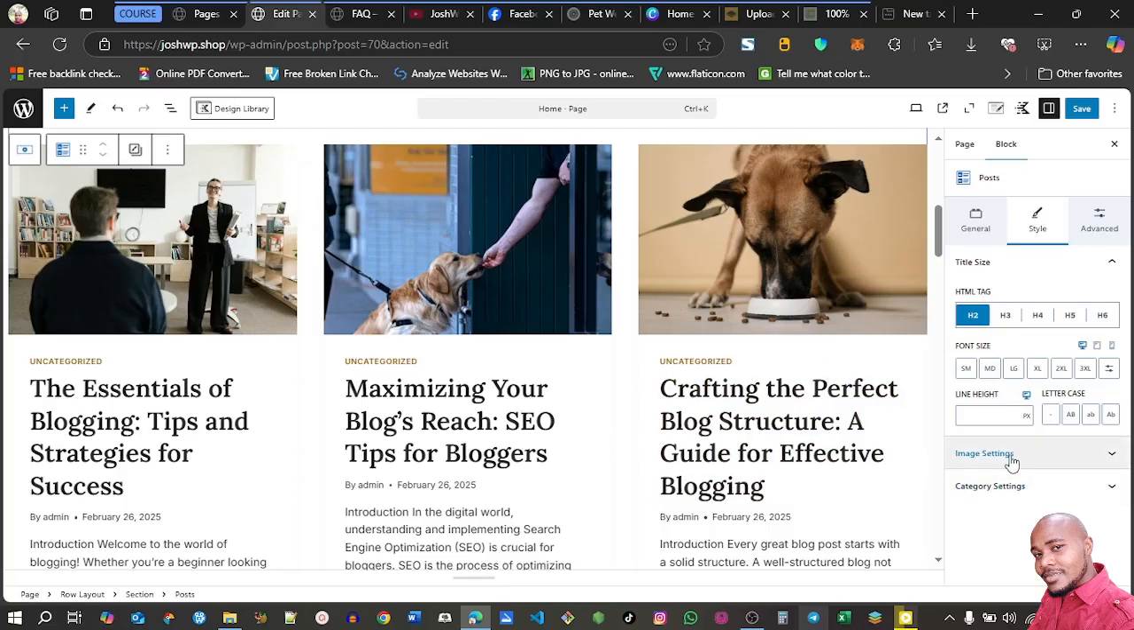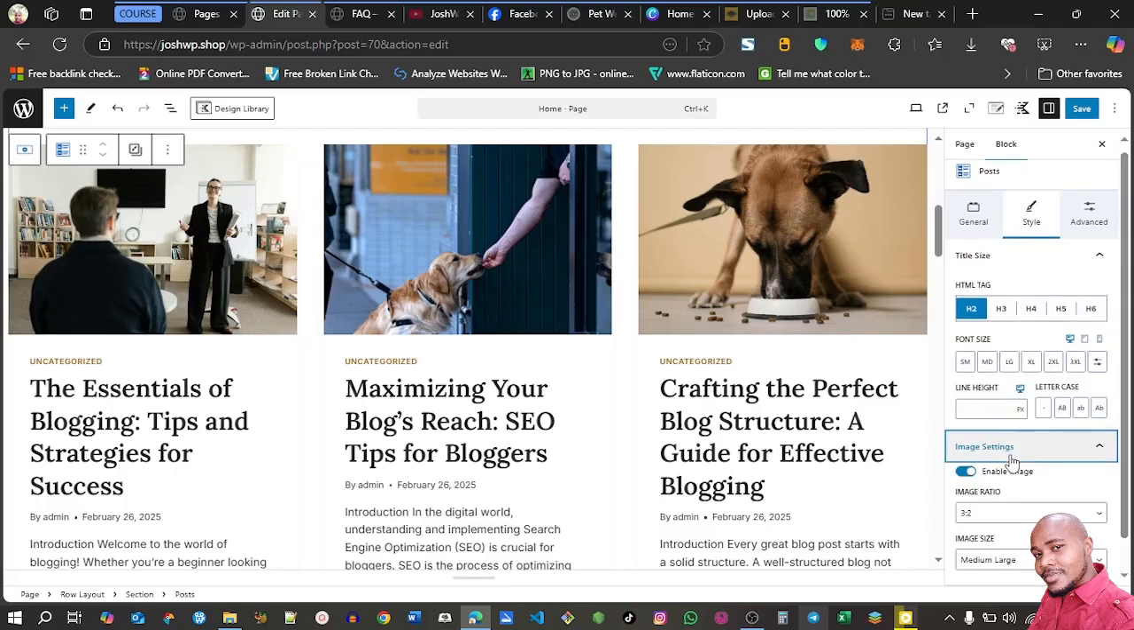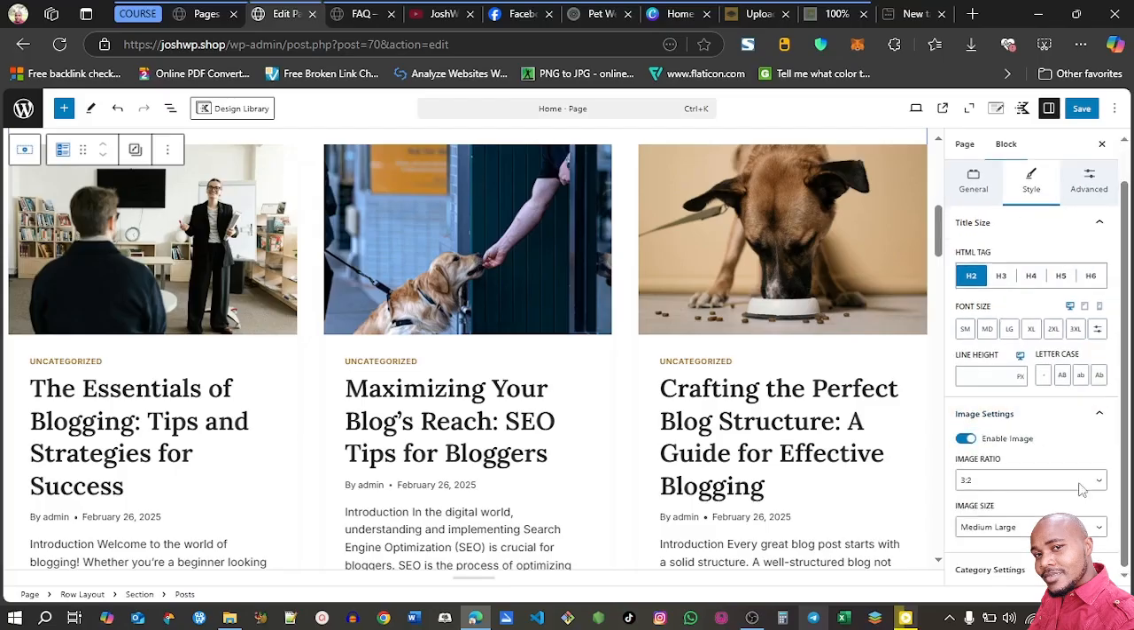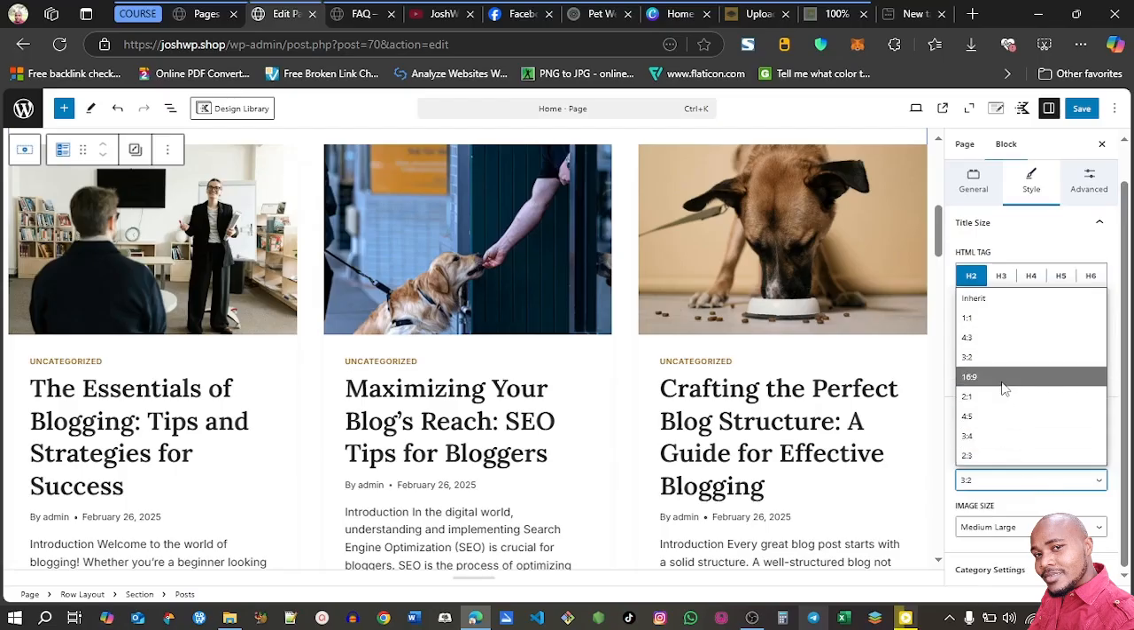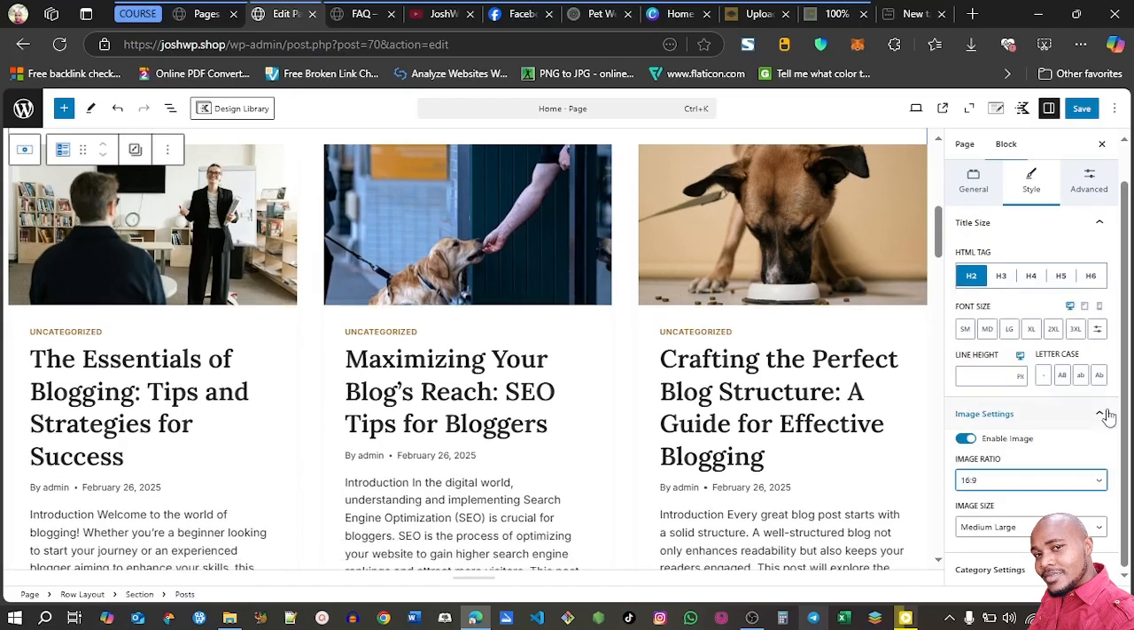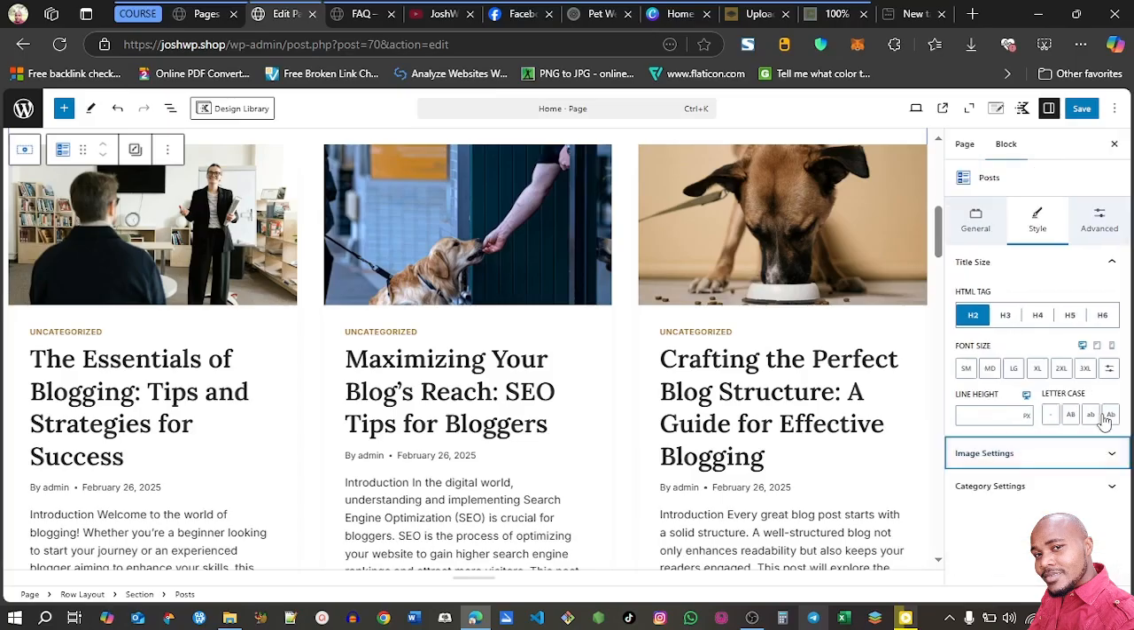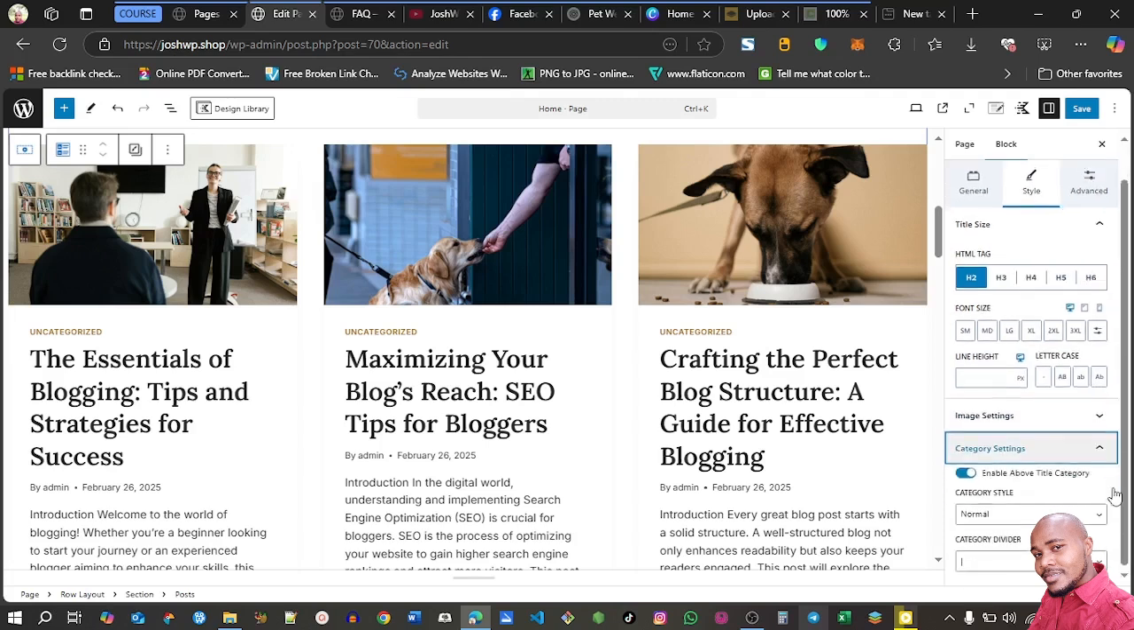You also have the image settings here. Click image settings, and then I always love this ratio. I love the ratio of 16:9. Okay, I click that, and then the image medium, you can choose them to just be medium, and then you can close that one. Just collapse that. Go to categories,